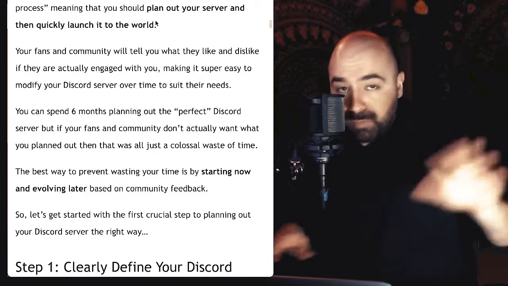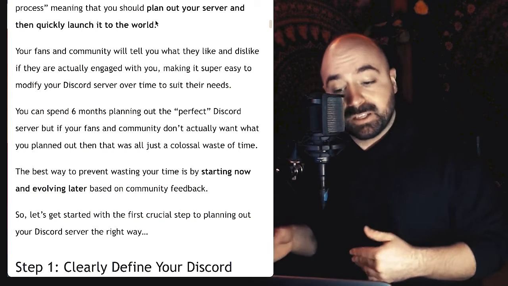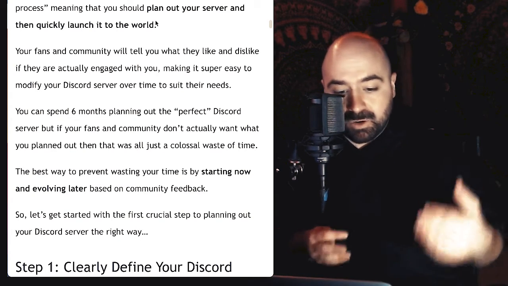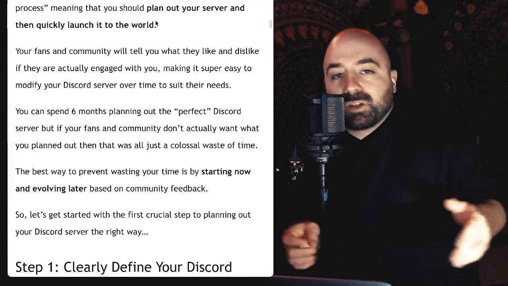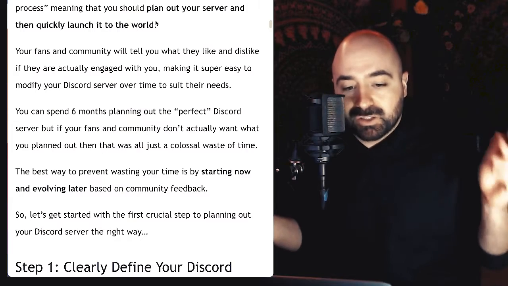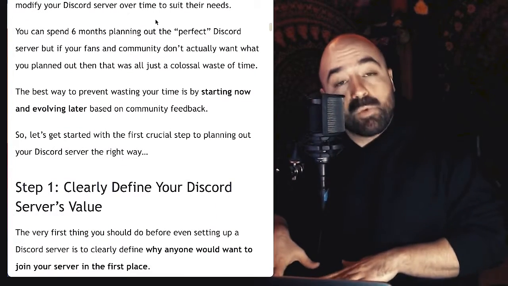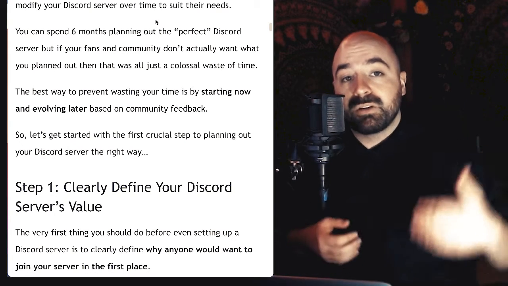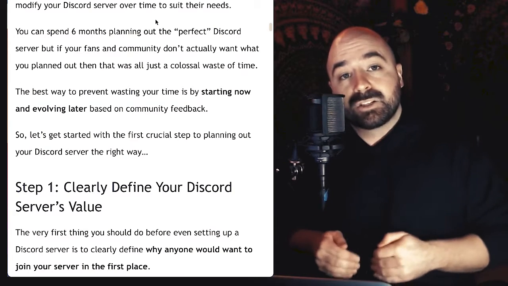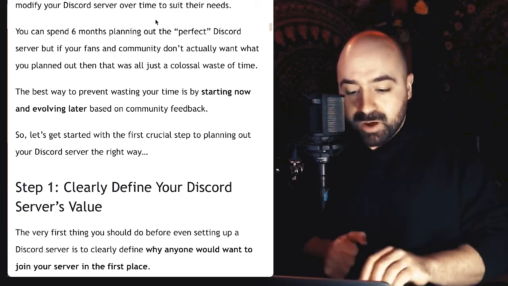You can spend months and months and months planning out the perfect Discord server, but if your fans and your community don't actually want what you planned out in the first place, then that was all just a colossal waste of time, and you could have just got started anyways. The best way to prevent wasting your time like that is to start now and evolve later based on community feedback. So with that said, let's dive into the very first step, and it's a crucial one, which is